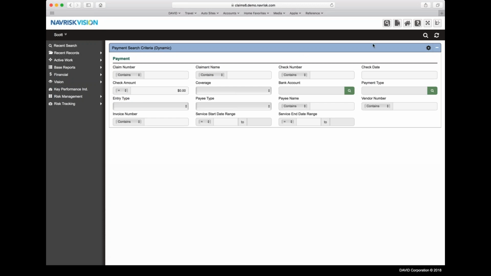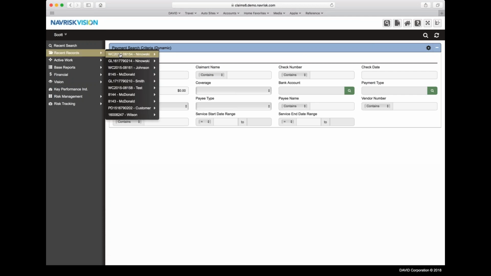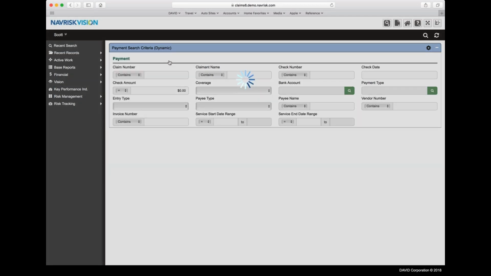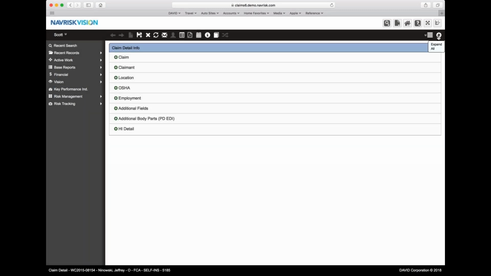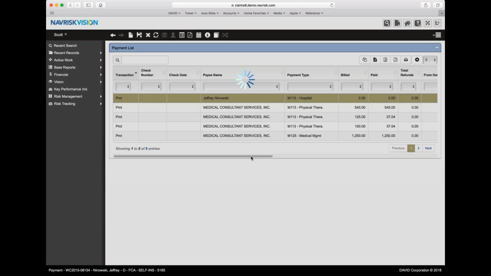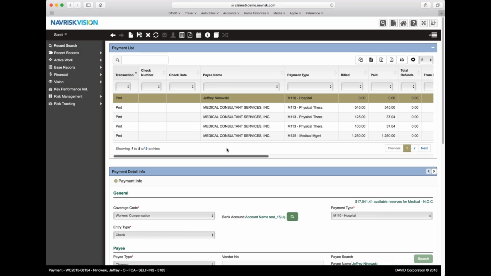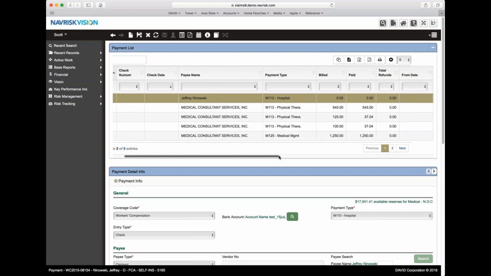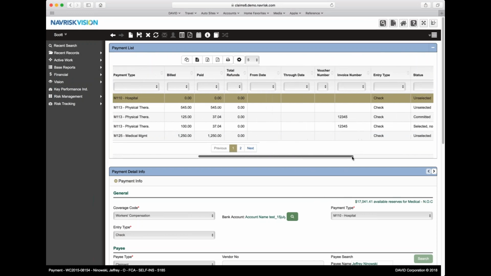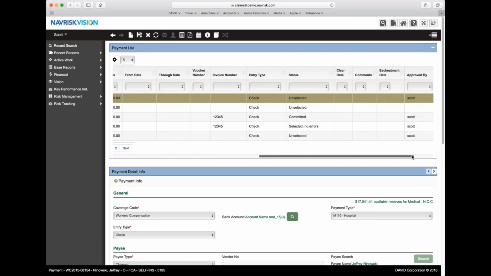So as an example, let me go in here and look at my payment screen. So I'm going to go into my detail screen here, and I'm going to go into the payments area of this particular claim. So this screen tends to be one that has a lot of information in it. If you have a claim that has hundreds of payments in here, you'll also notice that on the screen here, you'll see that there's many columns of data here. In fact, there's so much, I have this long scroll bar here at the bottom that I have to use to go all the way over to the far right-hand side here to look at information, maybe like the invoice number,